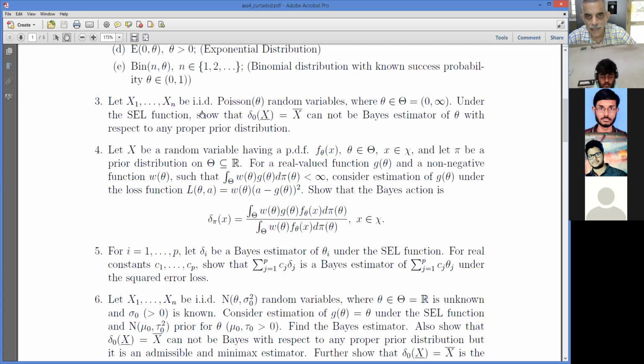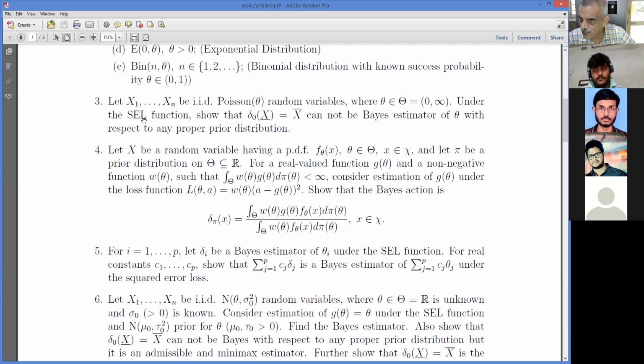Yeah. Because then we did a result that if you have any unbiased estimator and it is also Bayes under a square error loss function. Loss function is also important. So if you have any unbiased estimator and it is also Bayes with respect to the square error loss function, then its Bayes risk has to be 0. Now here X bar I know is unbiased.